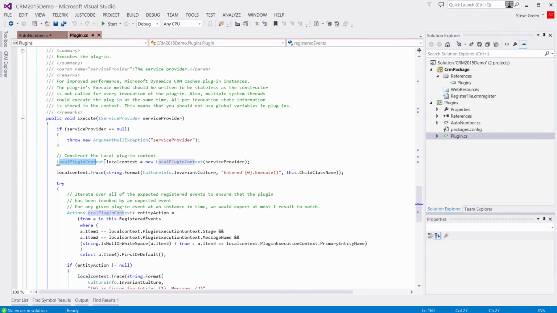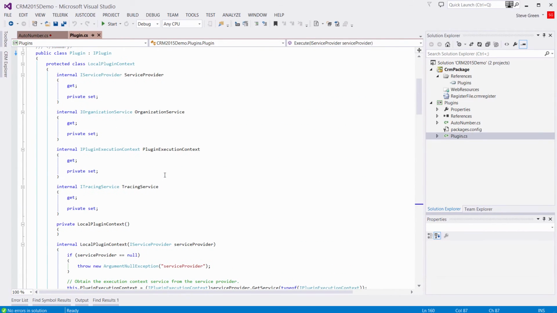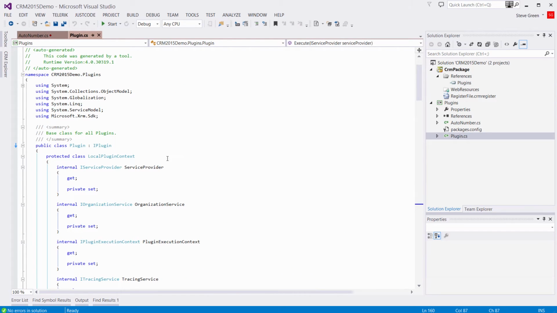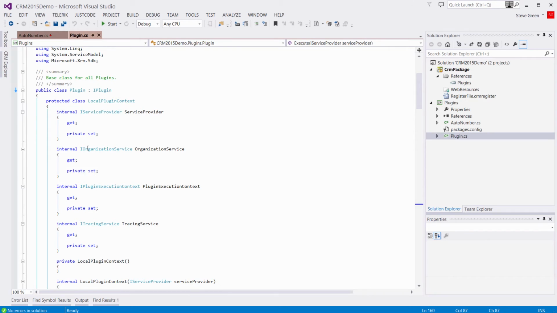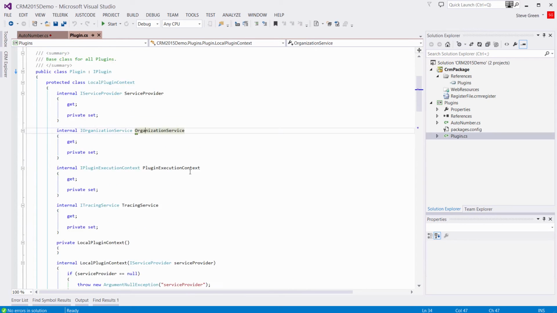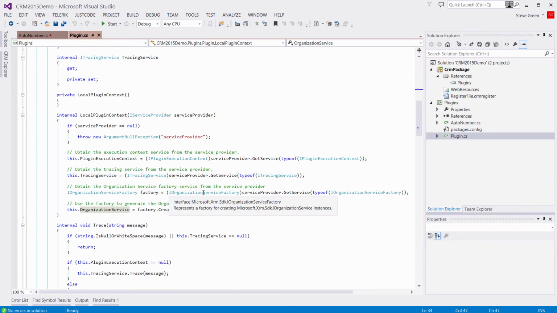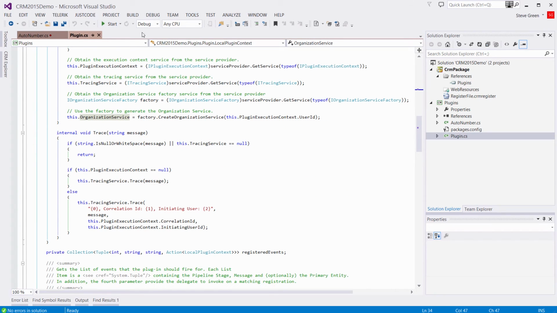It generates this local context here, which is essentially this service provider, and it contains various properties: an organization service type, plugin execution context, the tracing service, and so on, which we can then use to call the standard message types, the updates and creates and so on,